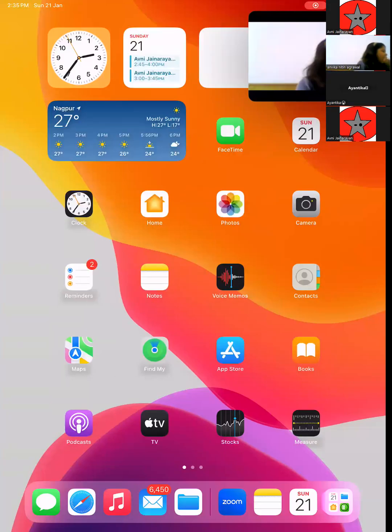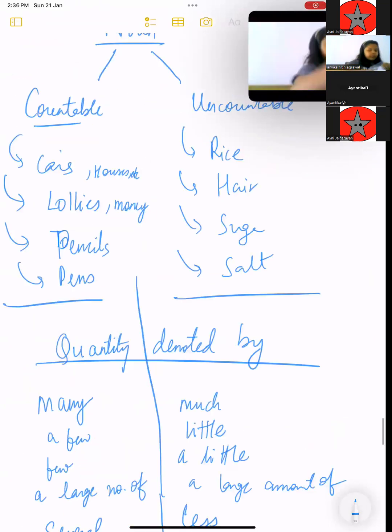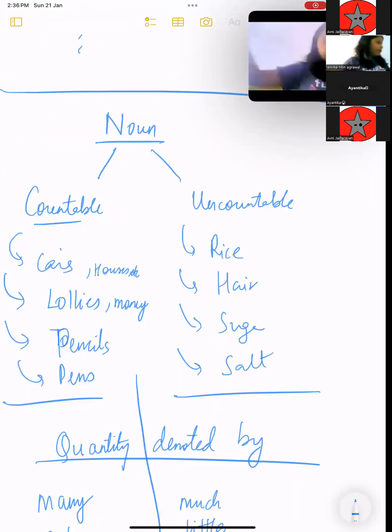So we will be working on grammar first. We'll be starting with different types of nouns. So here we will precisely look into countable and uncountable nouns. All right. And then I will show you different types of sentences, which would be again pretty simple because this